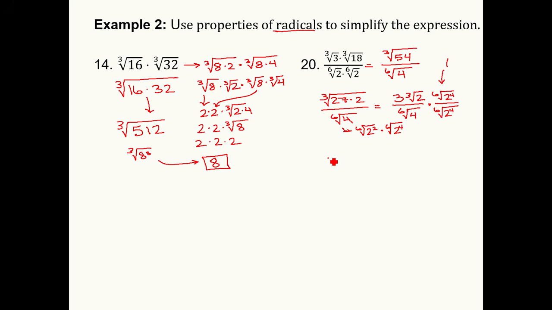So let's see what we've got so far. In the numerator, we've got 3 times the cubed root of 2 times the sixth root of 2 to the 4th, that's 16, and that's all over the sixth root of 2 to the 6th. Now we can cancel out because across the denominator we've established a sixth power underneath a sixth root. I've got 3 cubed root of 2 times the sixth root of 16 all over 2. Now it may seem like we can't simplify this any further, but we actually can. And it involves this sixth root of 16.